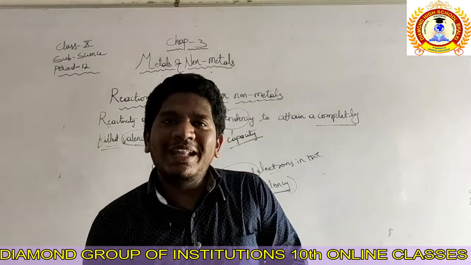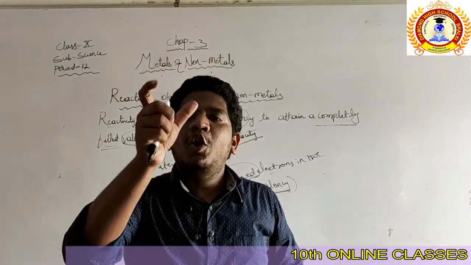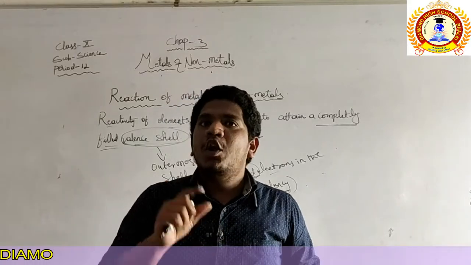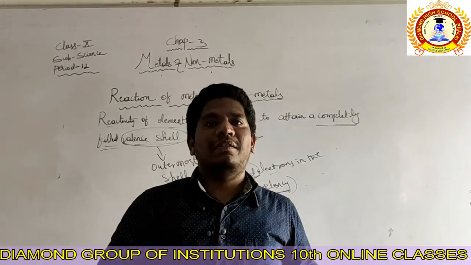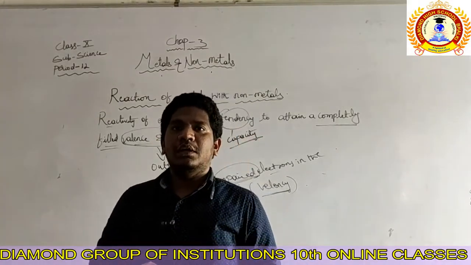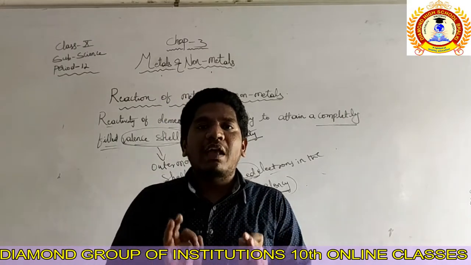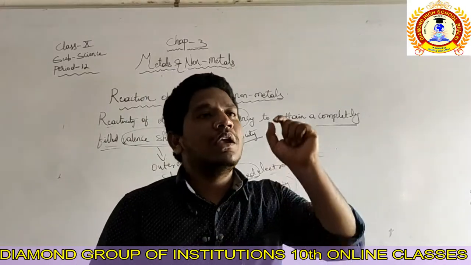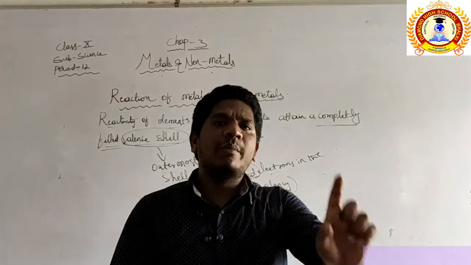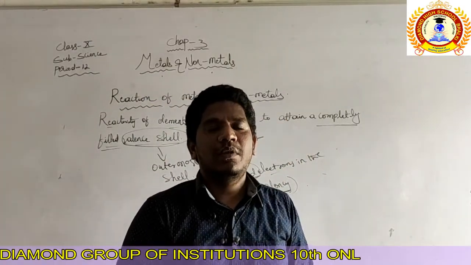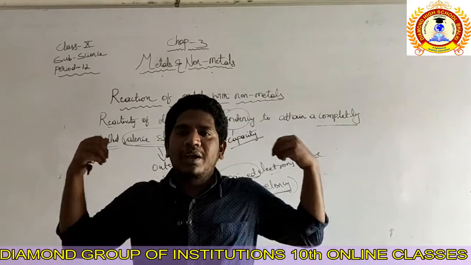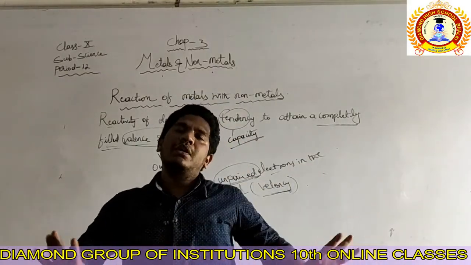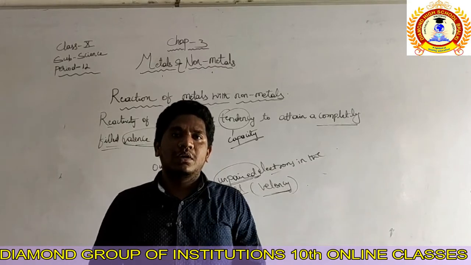So we call in the periodic table as the noble gases, right? The noble gases are called the stable gases or the stable elements. That is the reason the noble gases are also called non-reactive elements, inert gases; they have many names. Right, because they are stable in nature. When you become stable, you have no work to do.